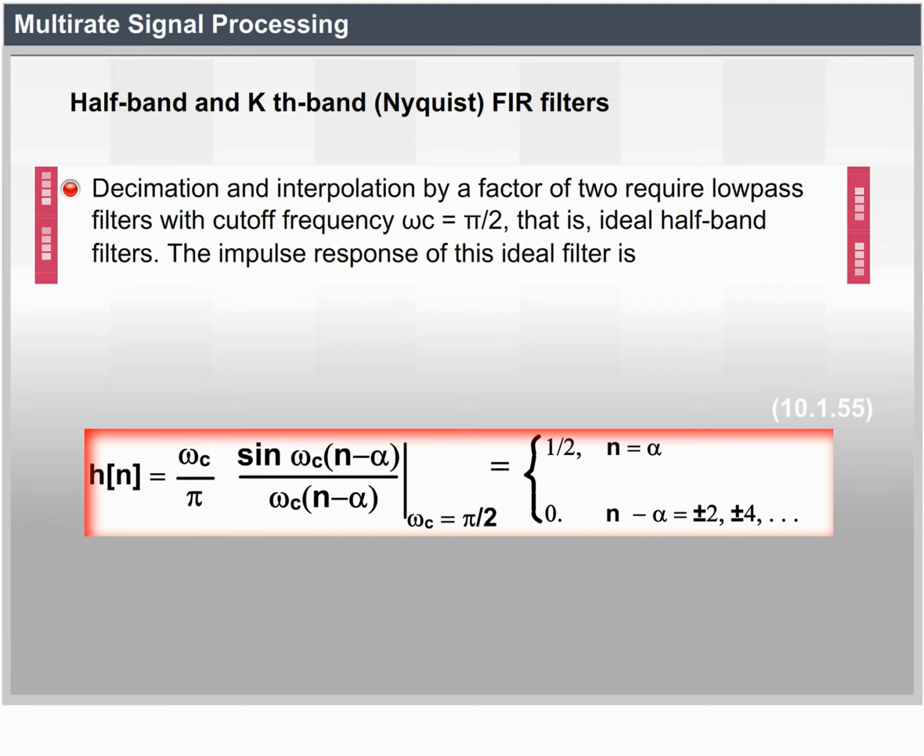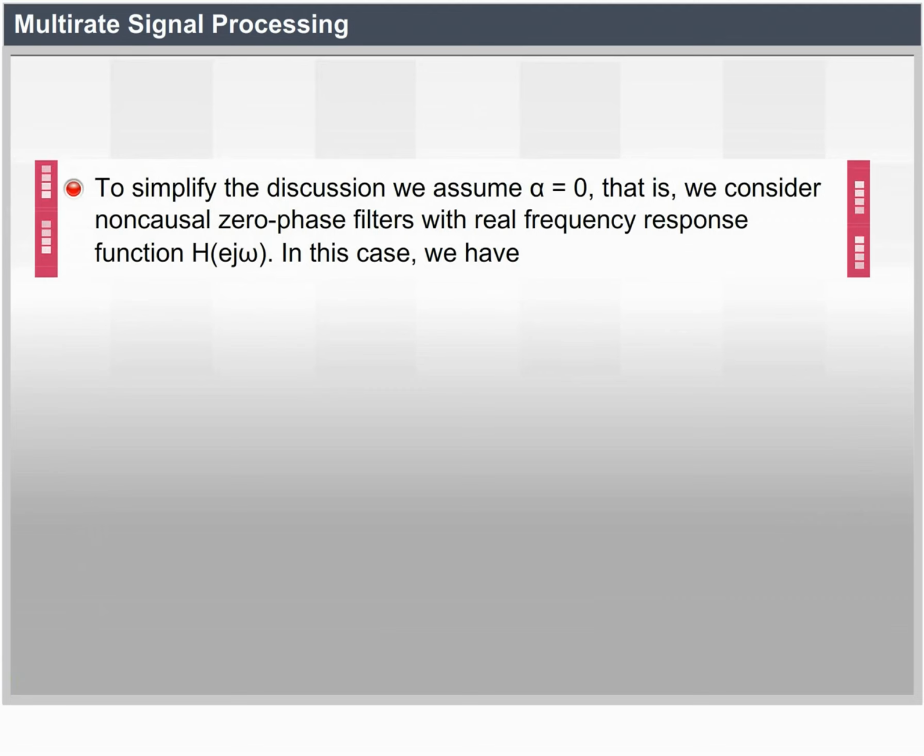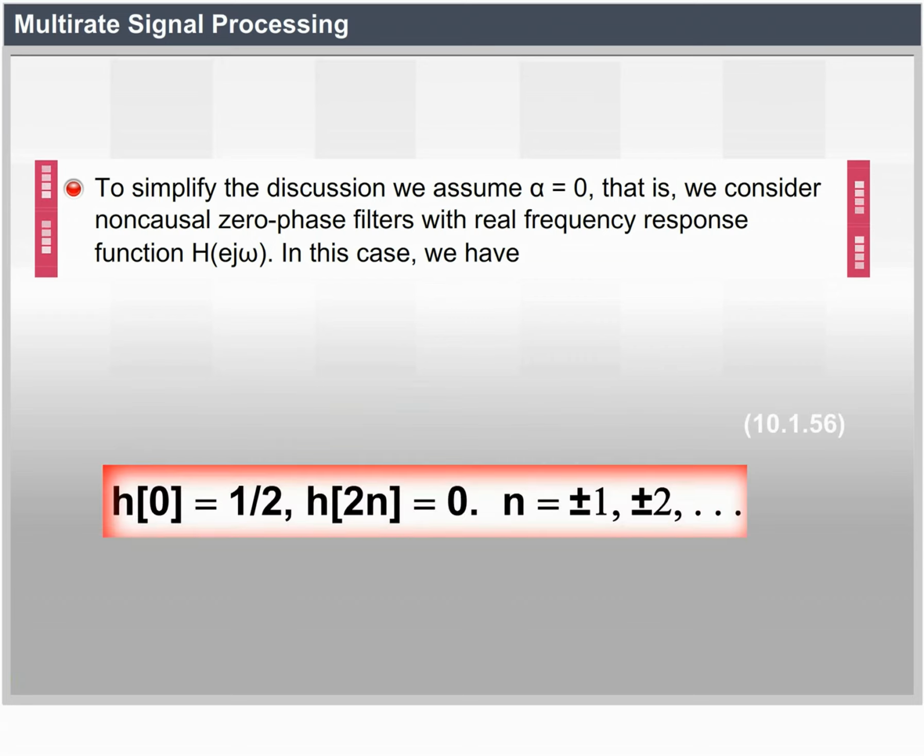To simplify the discussion, we assume alpha equal to 0, that is, we consider non-causal zero phase filters with the real frequency response H(e^jomega). In this case, we have h(0) = 1/2, and h(2n) = 0 for n equal to plus or minus 1, plus or minus 2, etc. This is equation 10.1.56. Thus, the polyphase representation of